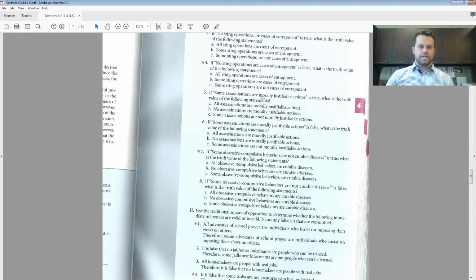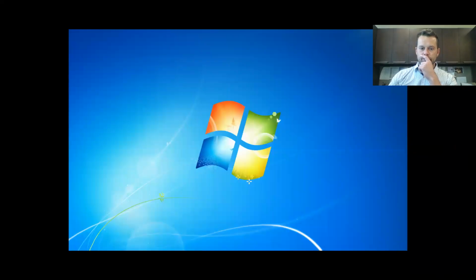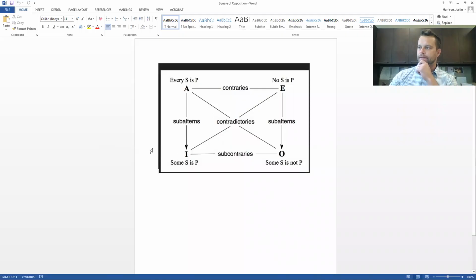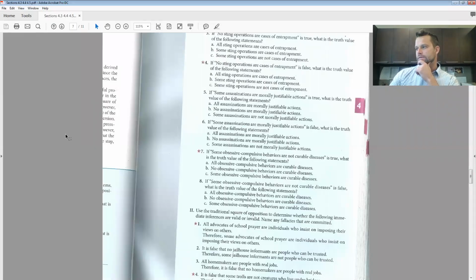Some assassinations are morally justifiable actions is true. Some ARM, some SRP. What kind of statement is that? Some SRP. Pause, answer it yourself. Some SRP is an I-form statement. And that is given, this is